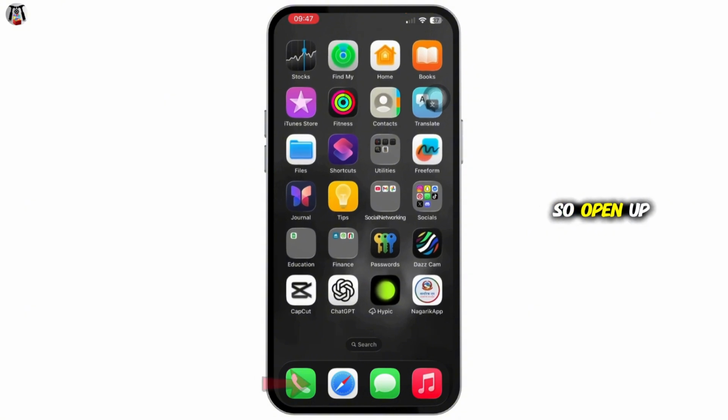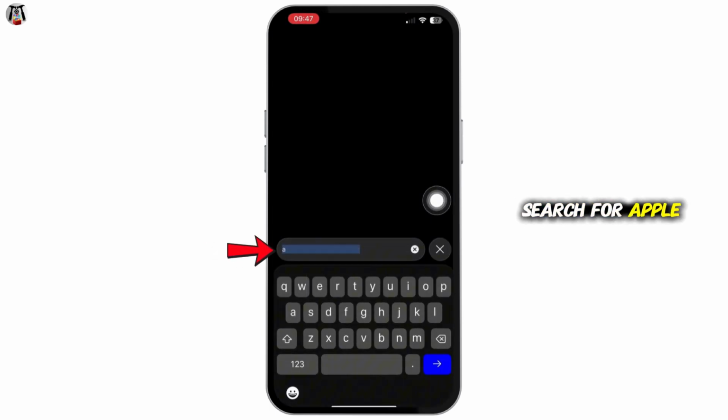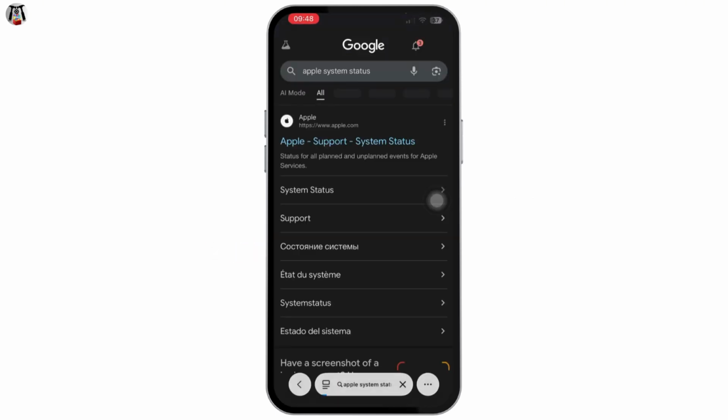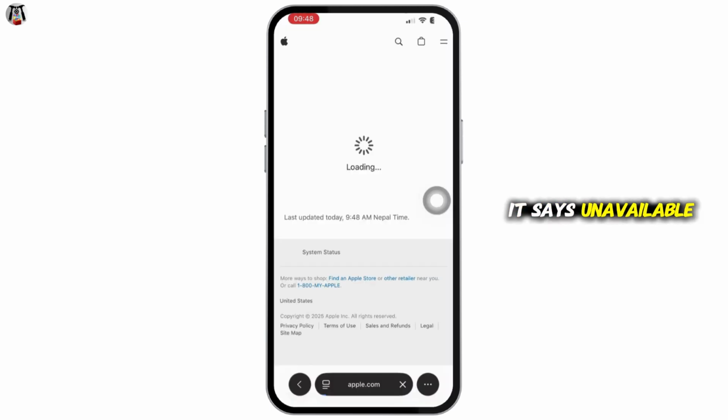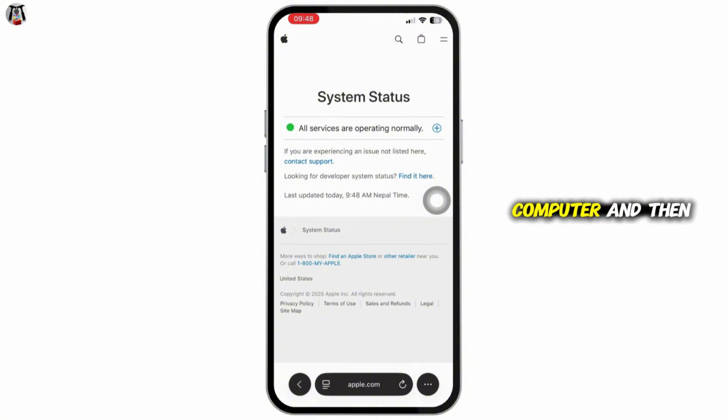So, open up your browser and then in the search bar, search for Apple System Status. Look for Apple ID on the list and if it says unavailable or maintenance, then just wait and try again later. And if you're having trouble on your iPhone or iPad, you can simply go to your computer and then